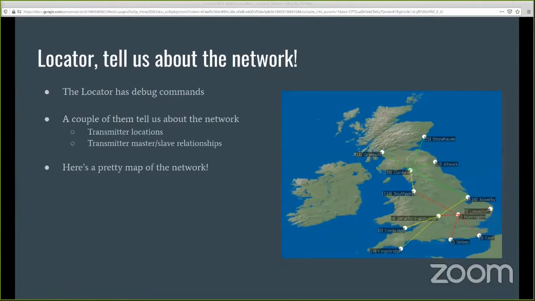Thankfully, the Locator has a ton of debug commands, and the ones I received still had good 3-volt batteries and had the serial port enabled. So I typed help on the serial port, and it very helpfully told me which commands it recognized. One of them tells you the locations of the transmitters in Ordnance Survey National Grid Easting and Northing. So I told it to tell me that information and wrote that down. It has 24 different transmitter locations it can record. And secondary to that, it also knows the slot master and slave relationships and which transmitters are transmitting them. So it knows where the transmitters are, and it knows which of the time-divided slots they're transmitting in. So from that information, you can figure out